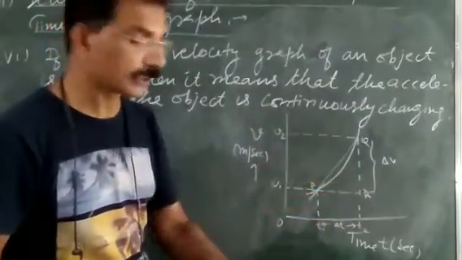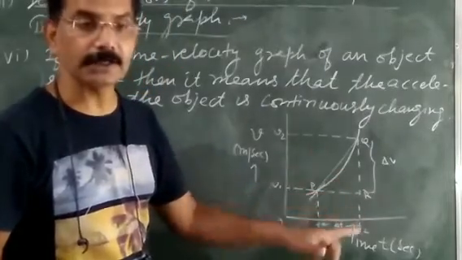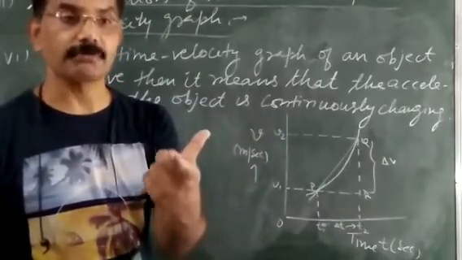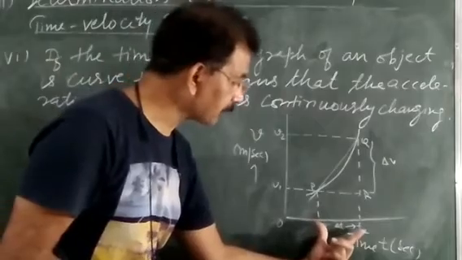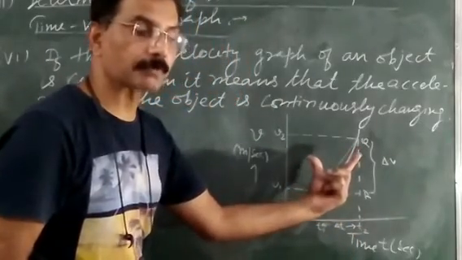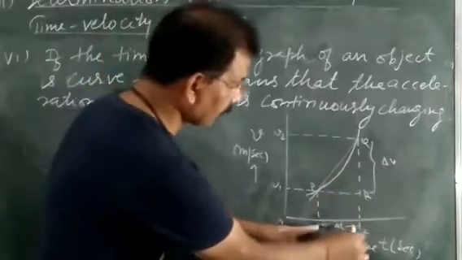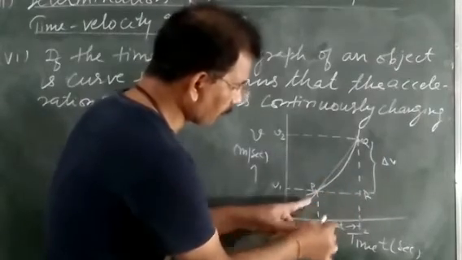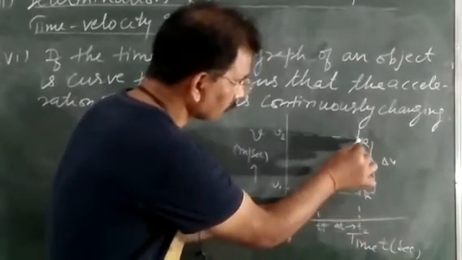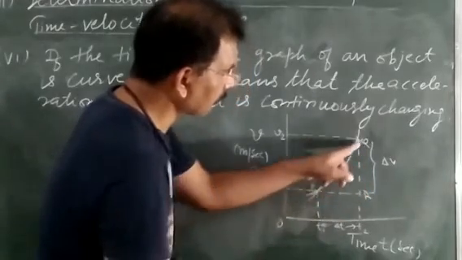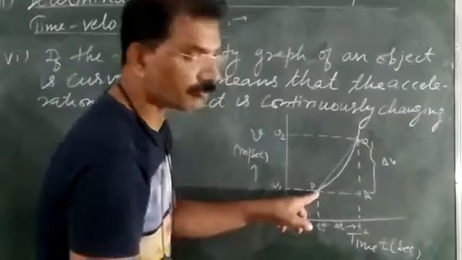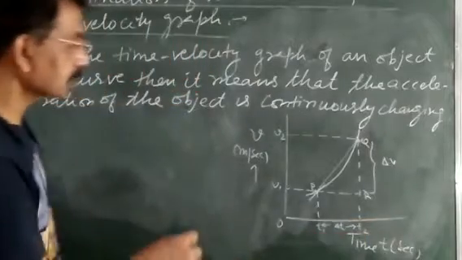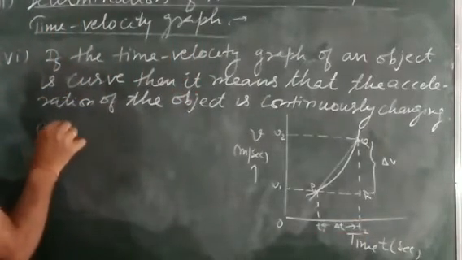acceleration is continuously changing, and with the help of this one we can determine the average acceleration or instantaneous acceleration in a given interval of time। जैसे हम टाइम t1 से टाइम t2 के बीच में निकालना चाहते हैं इस ग्राफ से कि व्हाट विल बी द एवरेज एक्सेलरेशन, तो क्या करेंगे? t1 और t2 के corresponding इस पे परपेंडिकुलर ड्रॉप कर दीजिए। सपोज इट कट द कर्व एट पॉइंट p and q, join this line PQ and calculate the slope of this line PQ, and the slope of this line PQ will give the average acceleration in time interval T1 and T2।